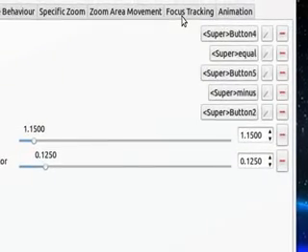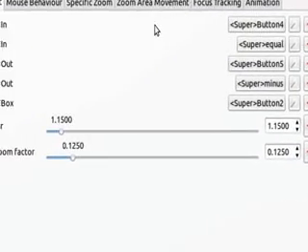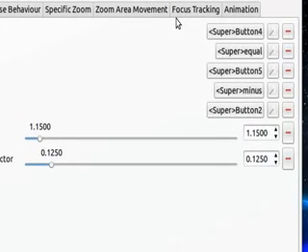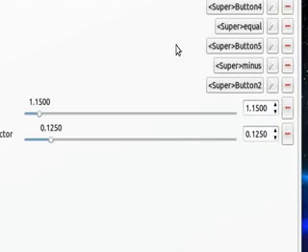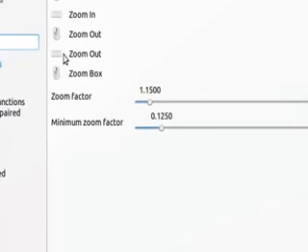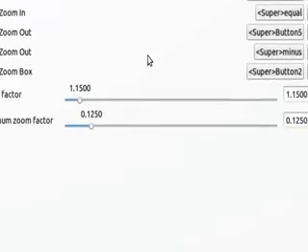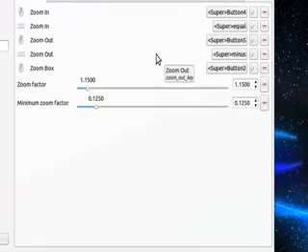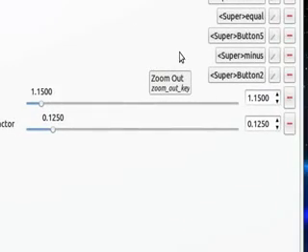And as you can see, I have programmed it so that if I were to press the Windows key, which is your super key, and the minus key, as you can see here it says zoom out, and there's a picture of a keyboard next to that. If I hit Windows and minus, it zooms it out. If I hit Windows and plus, which is essentially the equal key,